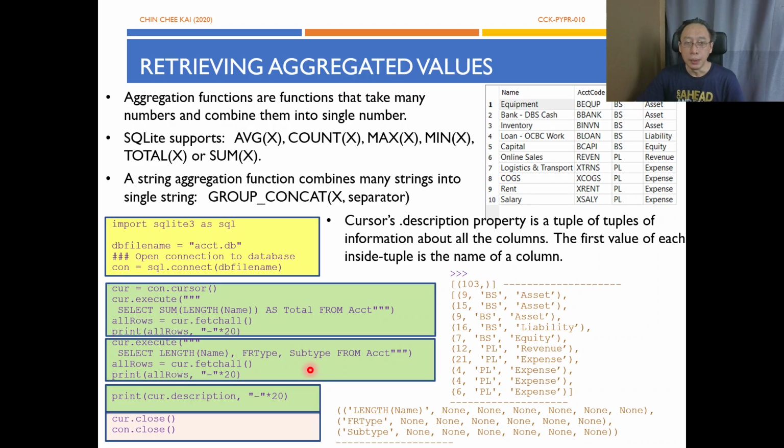So for example, when we select name FR, well, in this case, FR type, comma subtype, we would get back FR type, comma subtype. Now you might be wondering, why is this useful? Because when I select, I already know the name, right? It should be there. Yes, and sometimes no, right? So for example, this length of bracket name here,